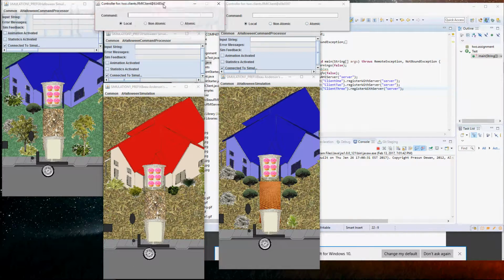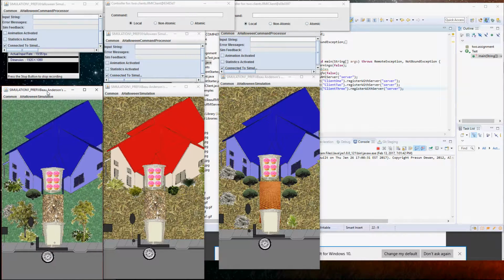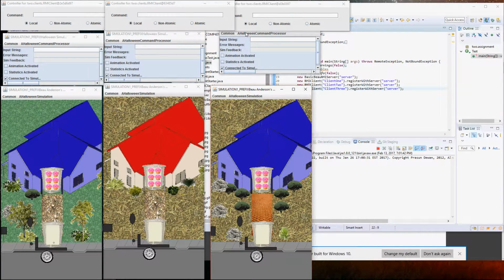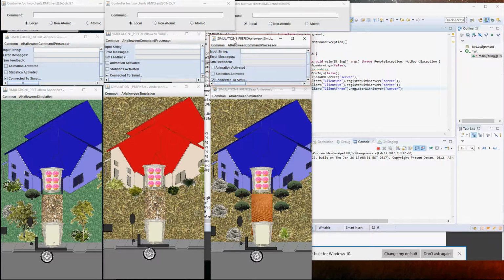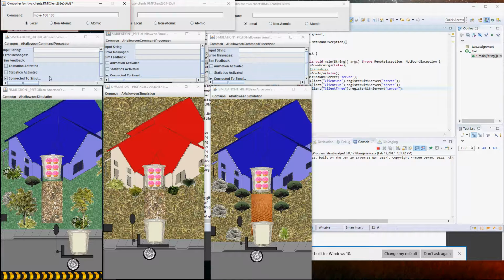We've got our 3 simulations here, and the controller shows what mode it is in. Currently each of the controllers is in local mode. They're all in local mode when they start, and I'll show that we can switch dynamically between the modes and respond to commands. So for example, we can put the command in here and just this one responds since it's